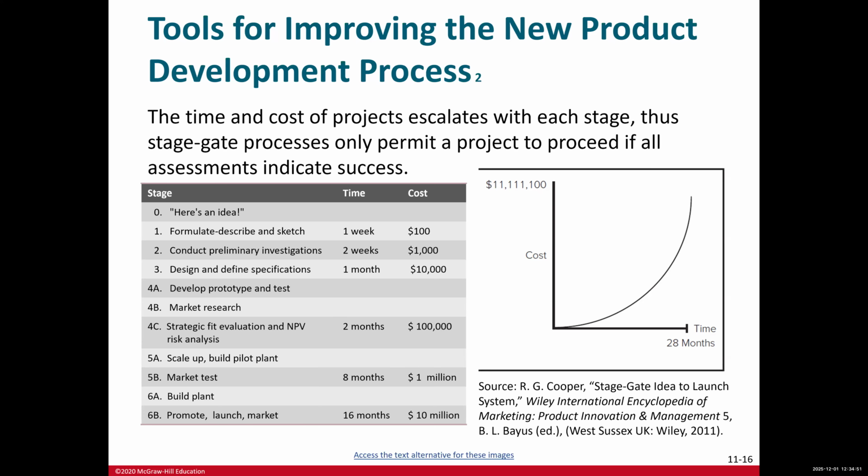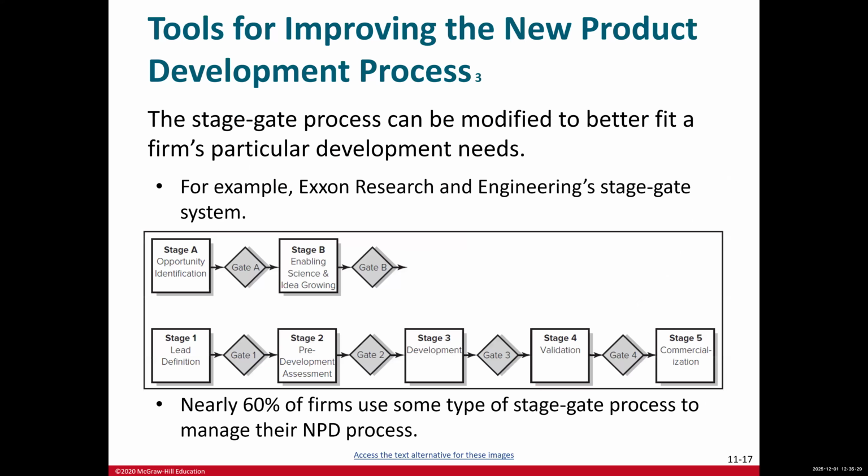And if you wait to get to 2 months old, you look at the cost, 10 times, $100,000. And look at 8 months, right? $1 million cost. And in 16 months, you have already lost $10 million, right? So it's very important for you guys to understand where to kill the project if the project is not feasible, impractical, or is not working. Otherwise, we can definitely proceed and make sure that the project is profitable.